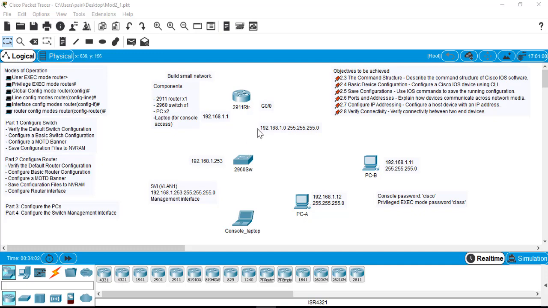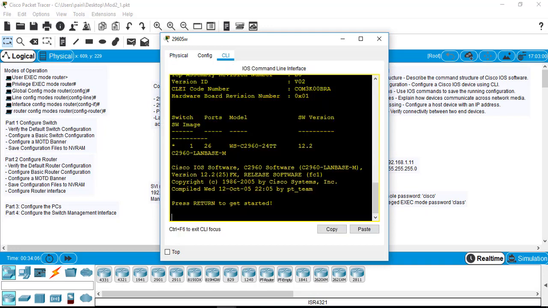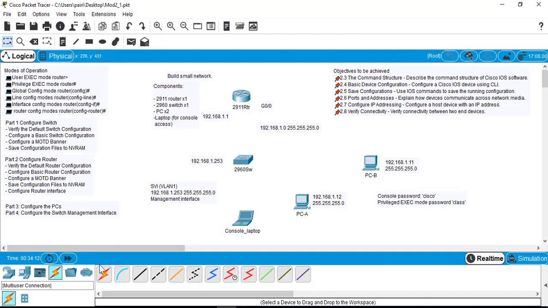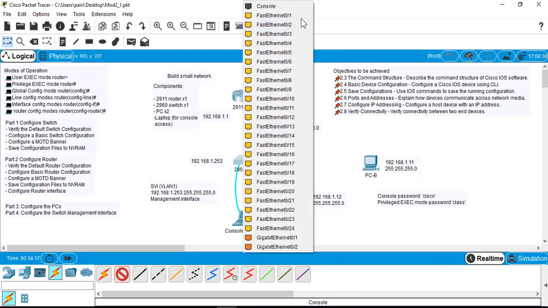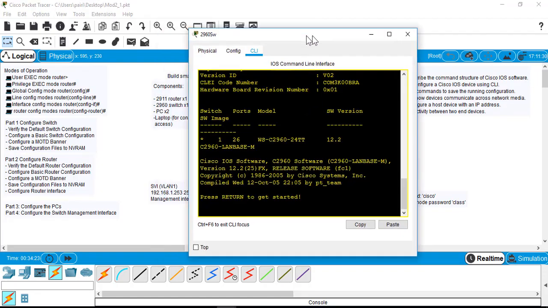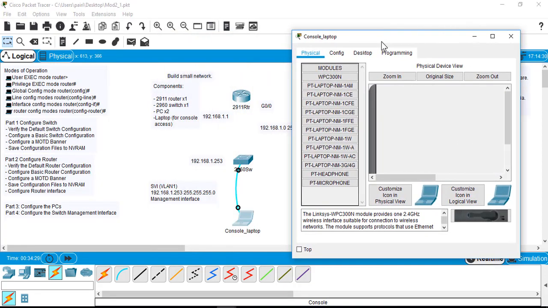Okay, so we'll begin by configuring the switch. By the way, I've put in a console laptop here. So what you can do is, first of all, add a console cable. Normally in a real network, in the real world, that's how we would be configuring. So I do not want to go direct to the switch and click on CLI, although you can do that, but it would be best if we try this. Okay, so I'll go to Desktop